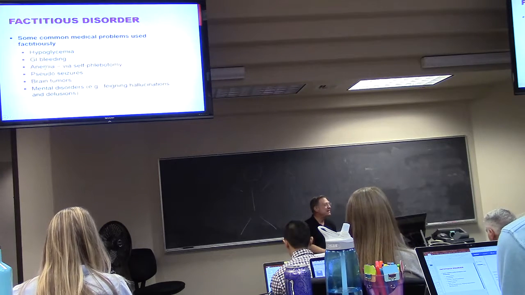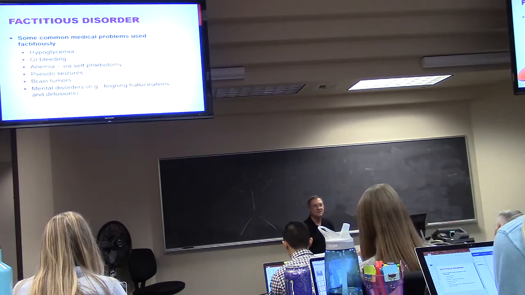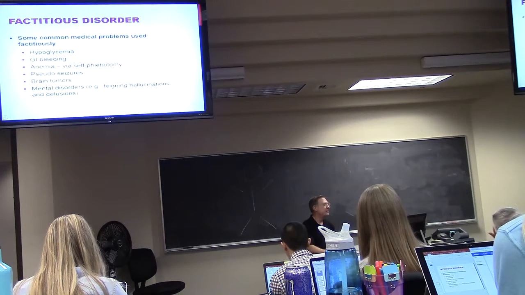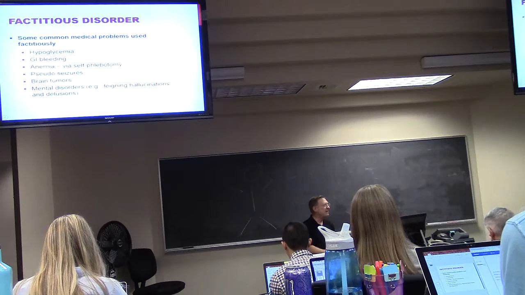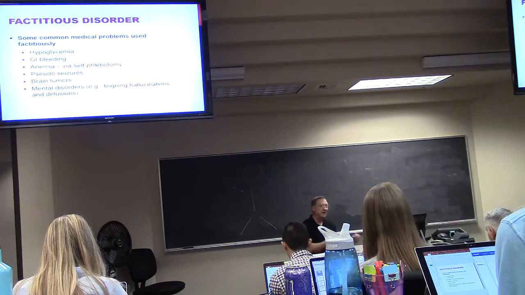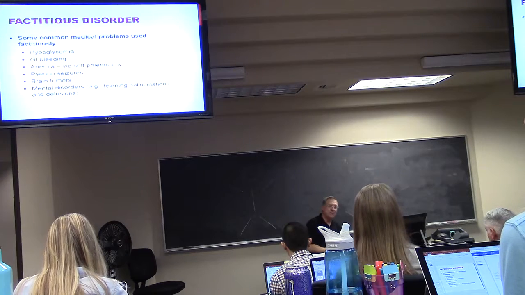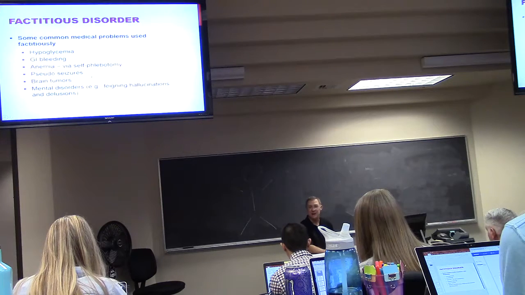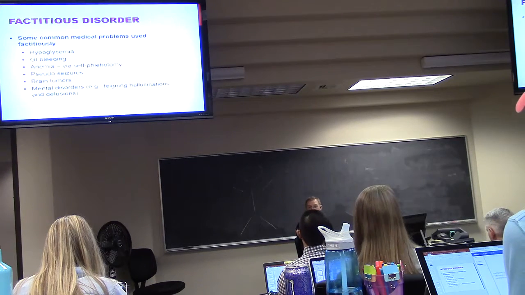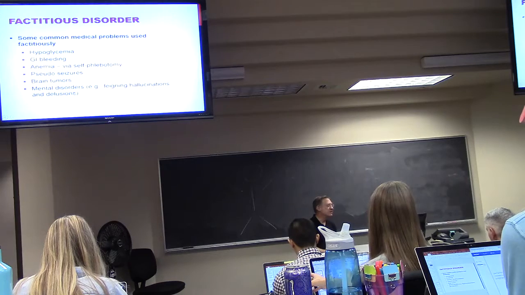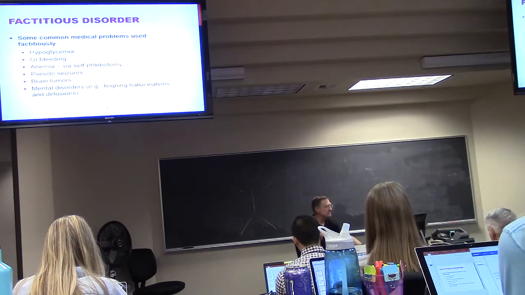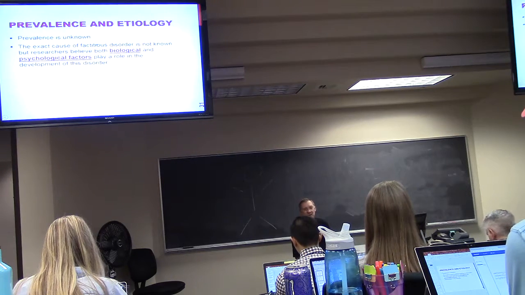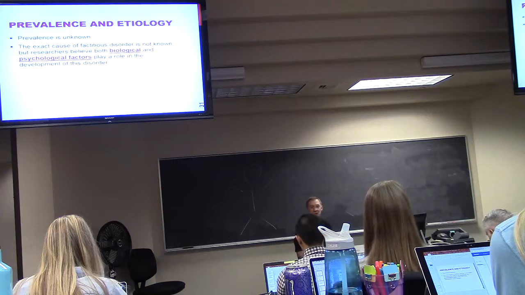Pseudo seizures, anemia, being self-lobotomy, cut yourself, bleed yourself out, stop the bleeding, go in. Now your hemoglobin's at so-and-so level. Crazy. Brain tumors. How do you do that? Falsify a record, write in there, I've got this, act crazy from time to time, have a seizure, have uncontrollable headaches. Of course, it would only take a scan or two to figure it out, but you can get some mileage before you had to move to another city. Mental disorders, feigning hallucinations and delusions. Okay, prevalence is unknown. How would you know? They're lying all the time anyway, so who's going to tell you the truth? I mean, you just don't know.